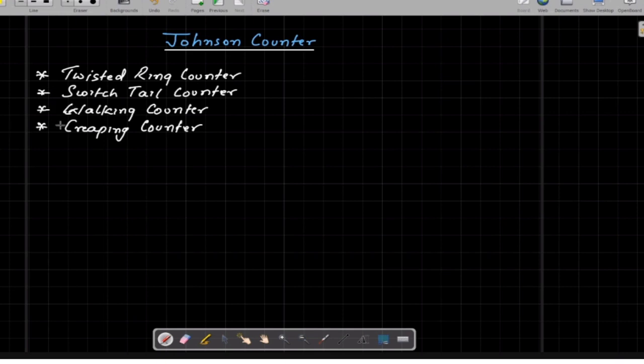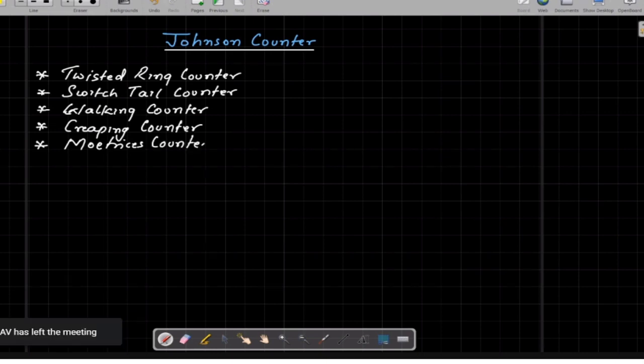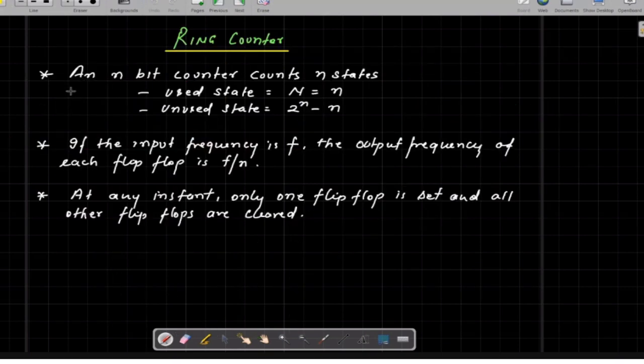Counter. These are some synonyms you can say. And one more name, which is a little bit more you can say, is Moebius counter. Okay, so these all are the names of the Johnson counter. And again, the points which we have written earlier, two important points like these, that